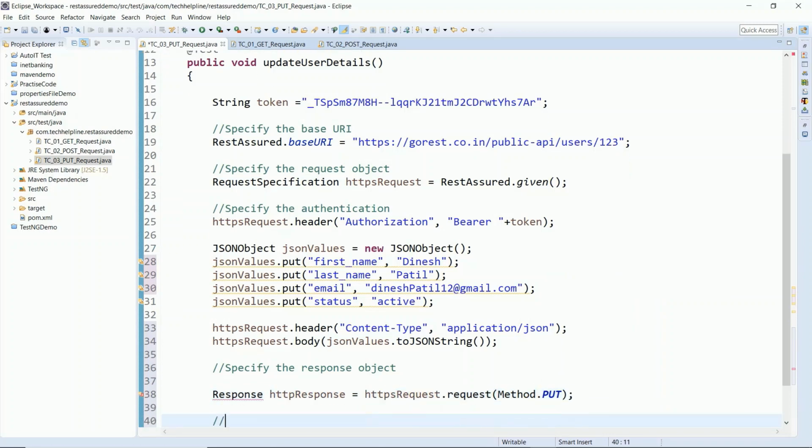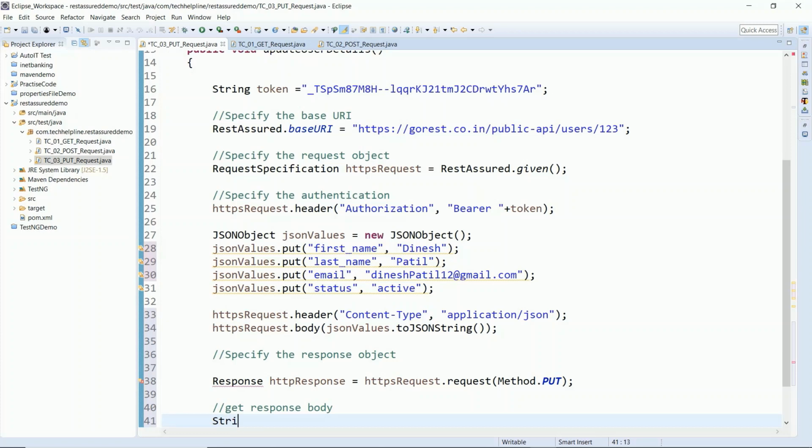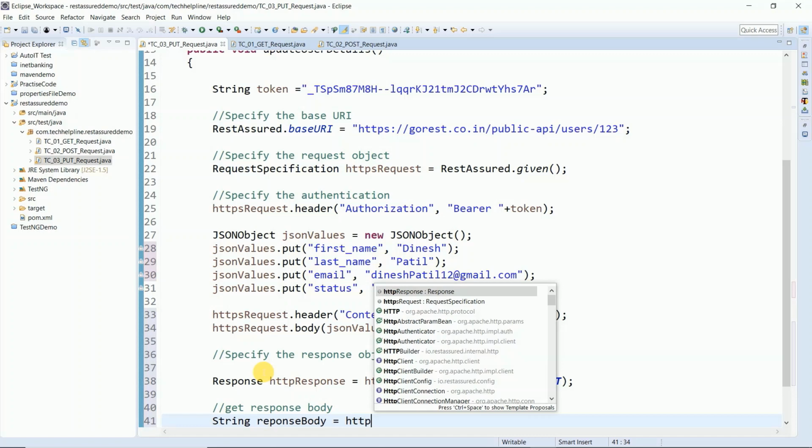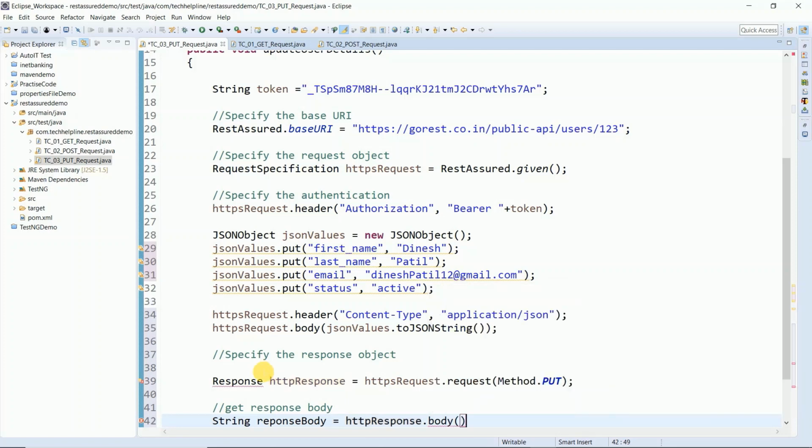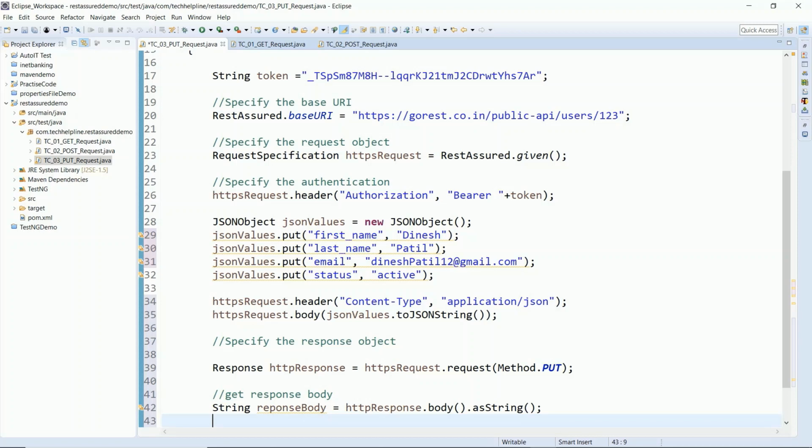Next we'll get the response body. Response.body.asString, and just let's print it.